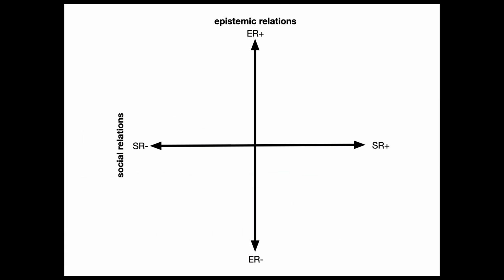These strengths and weaknesses can be visualised on what the LCT folk call a specialisation plane. That's a topological space of infinite positions based on the four principal modalities that comprise the specialisation code. The strong to weak epistemic relations, look at the vertical axis, and the strong to weak social relations, the horizontal axis. The four codes, here they are, correspond to the four quadrants.